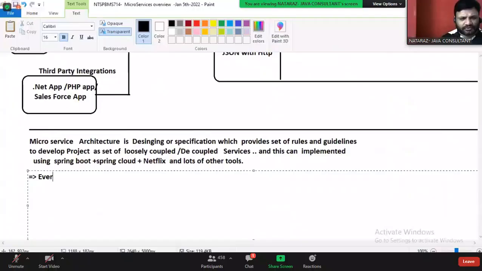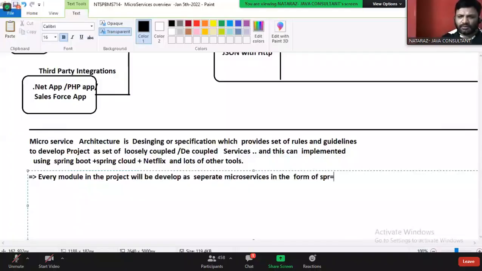Next, every module in the project will be developed as a separate microservice in the form of Spring REST controller with the support of Spring Boot environment.